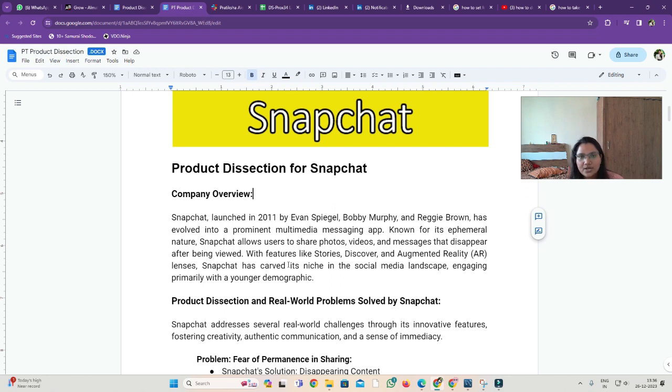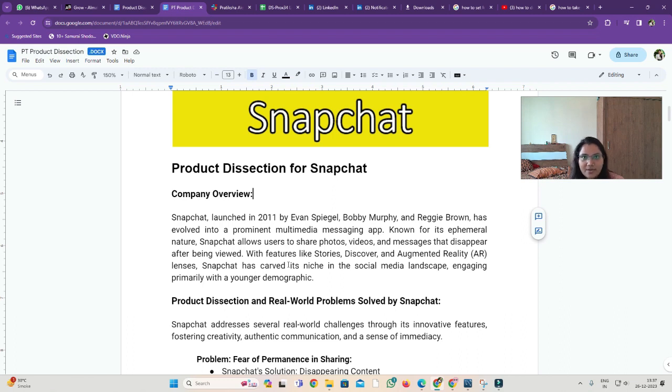Snapchat also provides different types of filters and video making, and nowadays they have also added an AI feature in Snapchat.